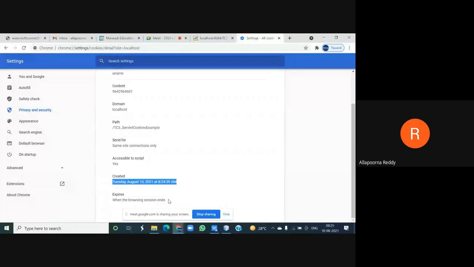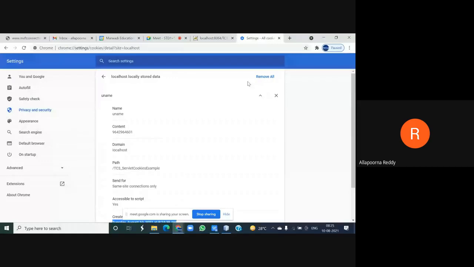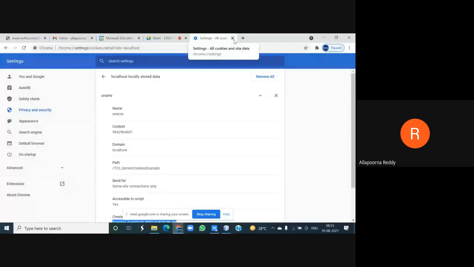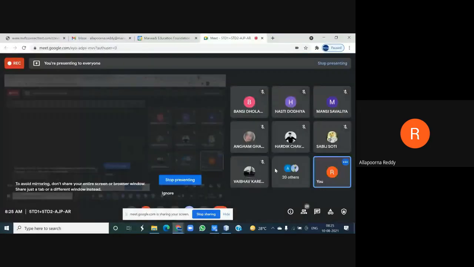So like this, your information can be stored in your browser, and this is a mechanism known as cookies. So I hope everyone understands how session tracking can take place from browser to server and server to client, and where it is stored. We have clearly seen it can be stored in your cache memory. So if you have any clarifications, you can ask me.